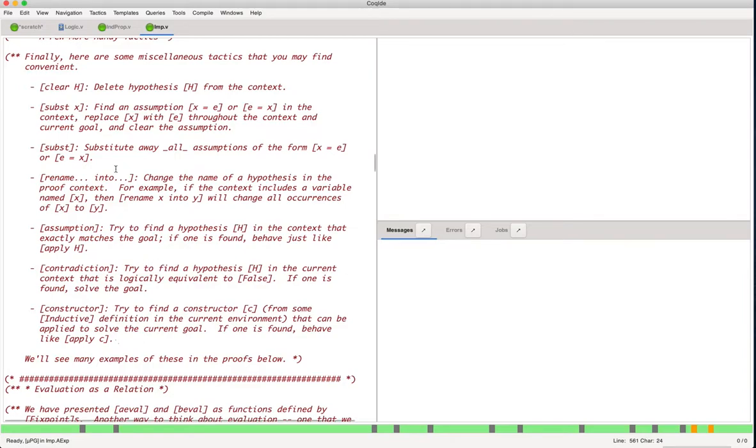So don't worry too much if some of these are a bit unclear right now. We'll see lots of examples as we go through. Okay, so I'll stop there on this piece and pick up with the evaluation as a relation in the next